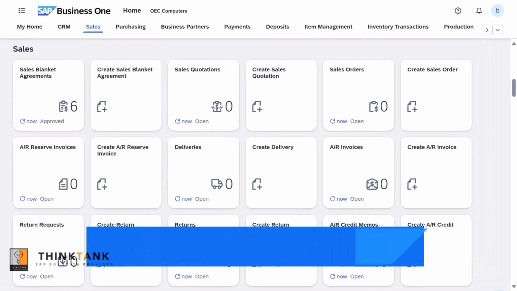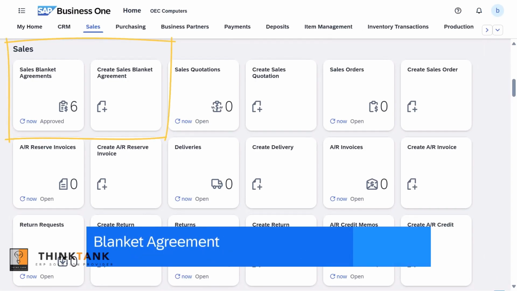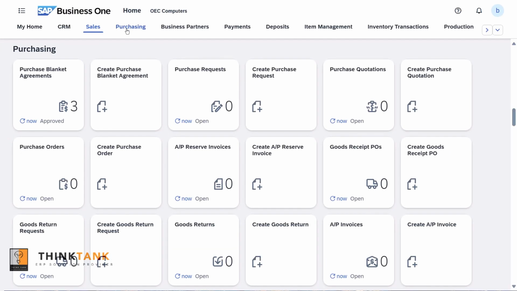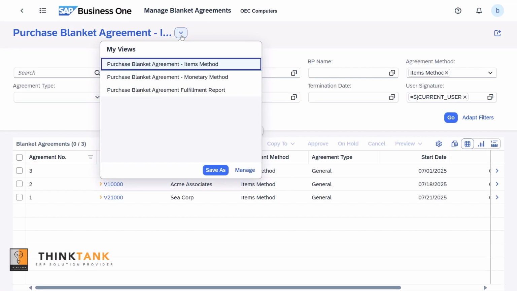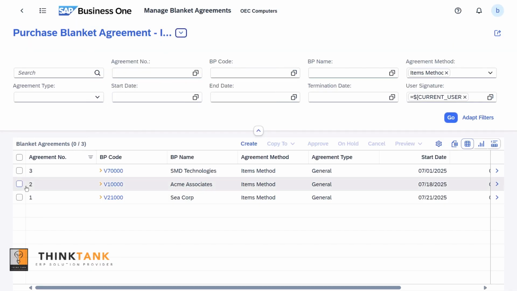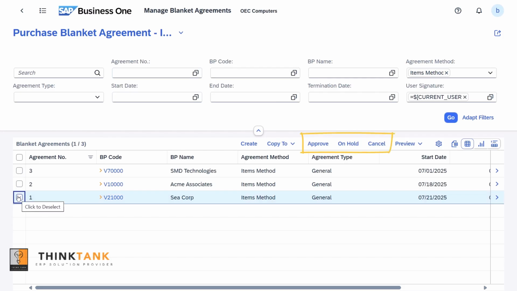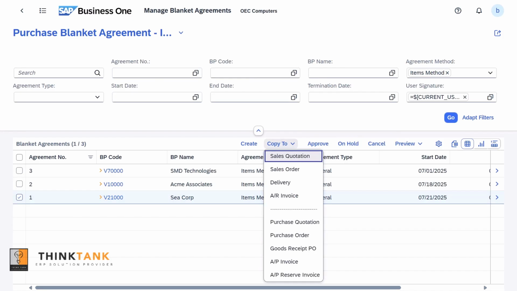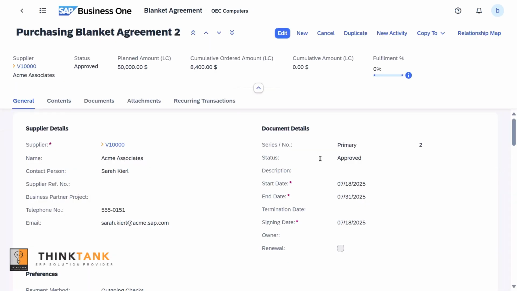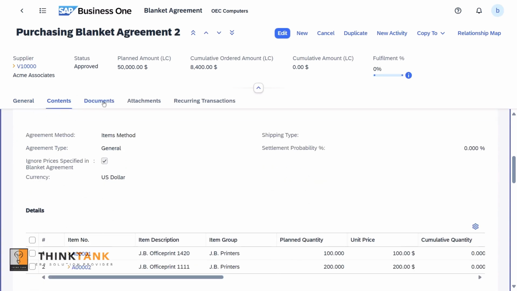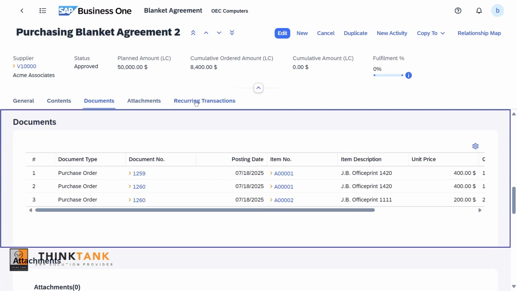In the sales and purchasing groups, the new app Blanket Agreements is introduced for you to view, create, and edit. In the list view, you can view blanket agreements with different agreement methods, as well as the fulfillment report. You can process the blanket agreements, including their approval, cancellation, and putting them on hold. You can also copy the blanket agreements to other sales and purchasing documents. In the detailed view, you can manage the blanket agreement with your business partners, view the related documents, and associate